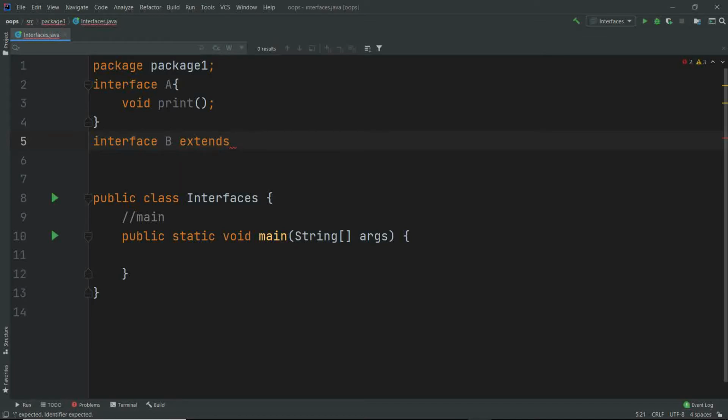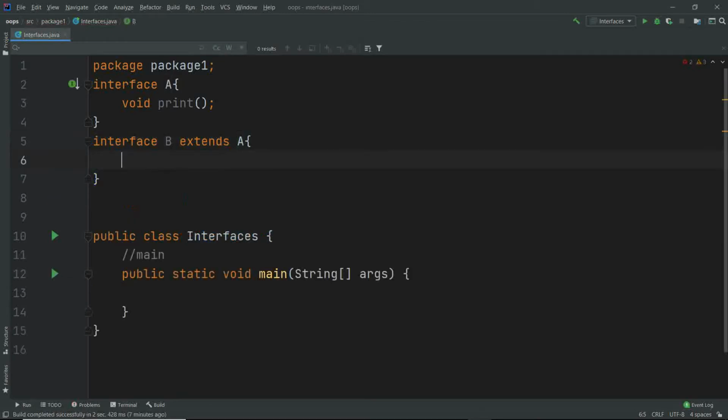extends. So in order to inherit an interface using another interface, we use the keyword extends. It's simple. If you have to inherit a class from another class, you use the keyword extends. If you have to inherit an interface from another interface, you use the keyword extends. But if you have to inherit an interface using a class, then you use the keyword implements. So interface B extends A, and